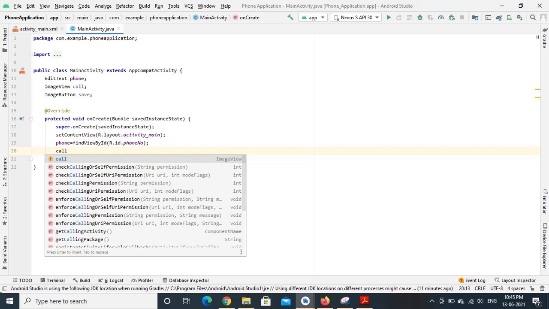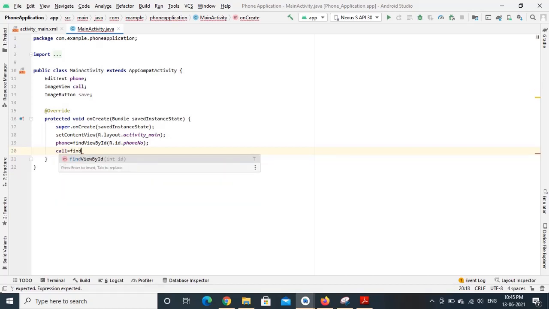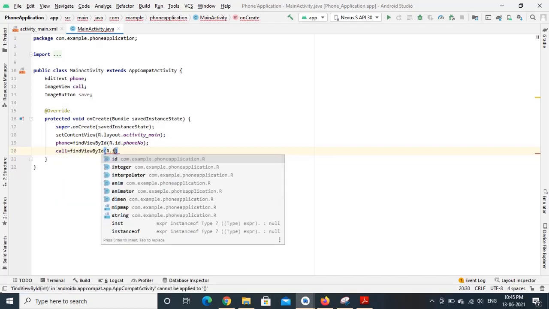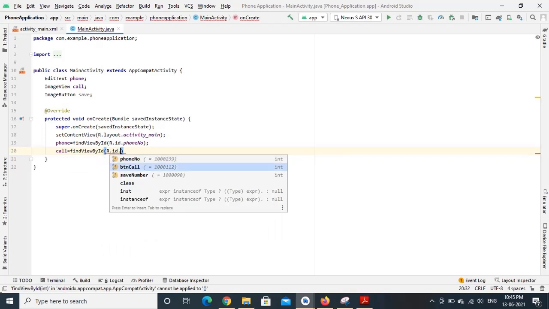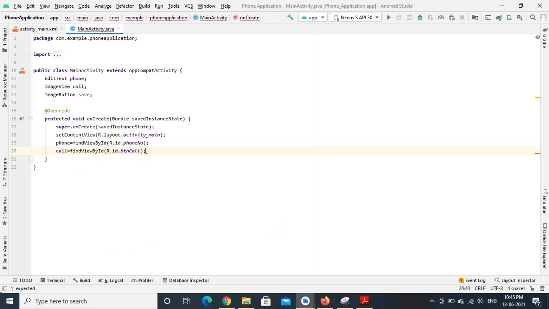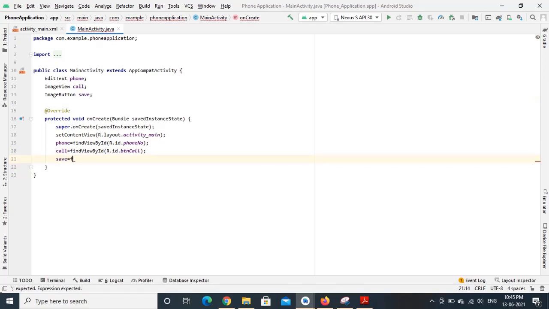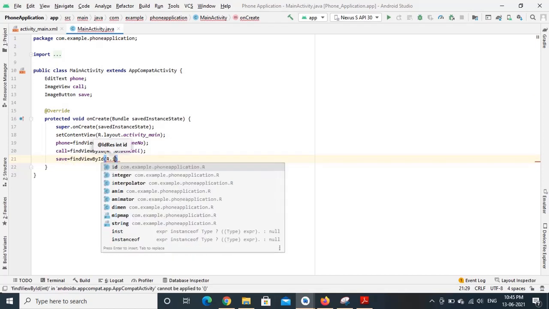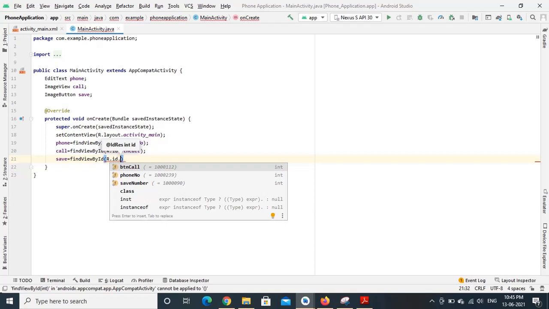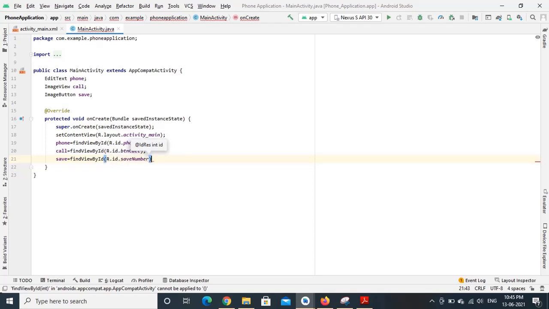And call with button call, and last we have to refer save button, save number. These are the three references I have used.